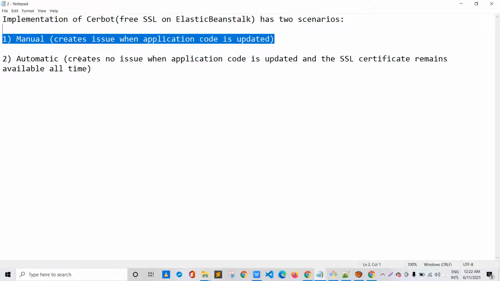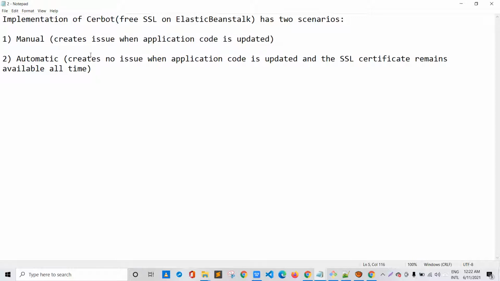So in the automatic option, instead of hitting those commands onto the server directly, we'll be writing those commands into a script, and we'll attach those script files into the code and zip it with the code and upload it to the Elastic Beanstalk environment every time we update our applications. So every time we update our applications, the scripts will also run with the application code, and will automatically deploy the SSL certificate every time. So the SSL key will not just vanish anytime from our environment.